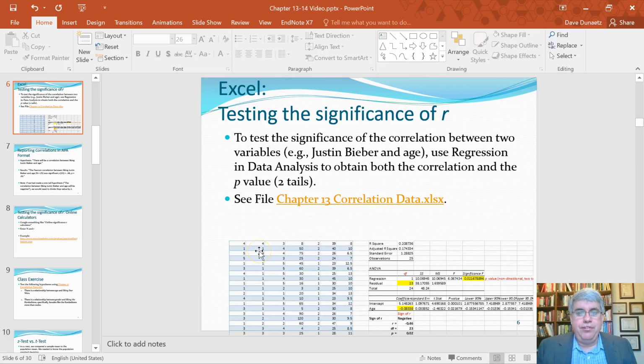Let's look at how we can use Excel to test the significance of R. Now, this is a little bit more complicated than a lookup table, but we get an exact p-value for it, which is how we report p-values in most modern contexts. When you use just a table of critical values, we just have to report p less than 0.05, which is fine. But if we use Excel or other statistics software, we can use the exact p-value